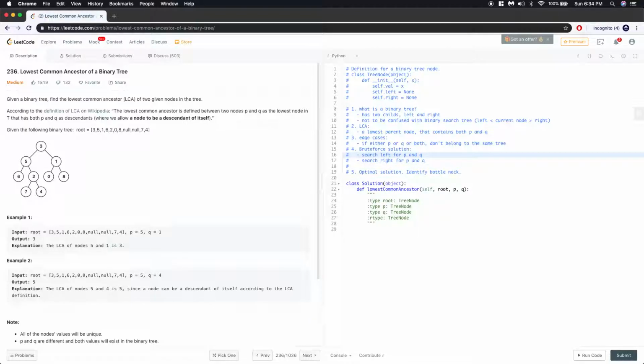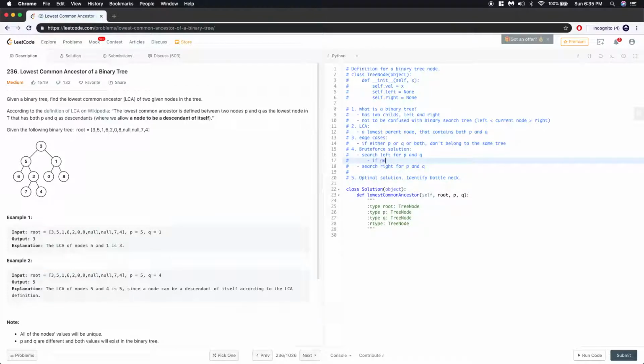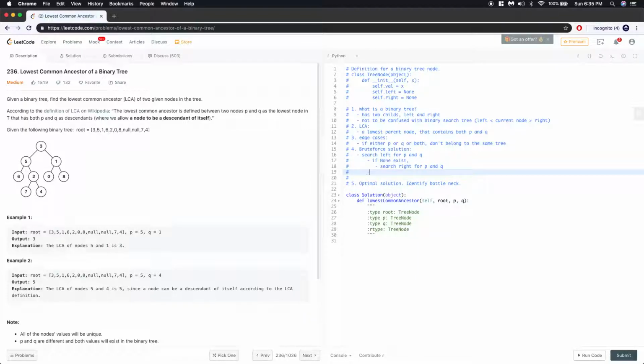So let's think about this. If none exists, we search the right. So now our right node becomes the new root. Okay, so what we can potentially do is we can recursively check left and see if both nodes within,